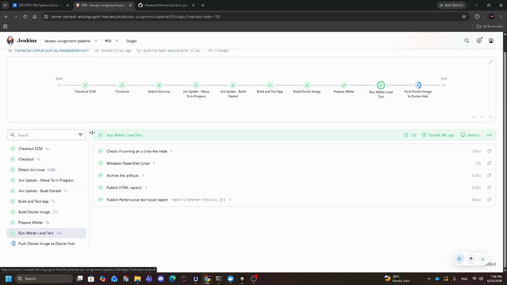And now most of the steps have finished, and only the last step, which is pushing the Docker image to the Docker Hub, is left. So next